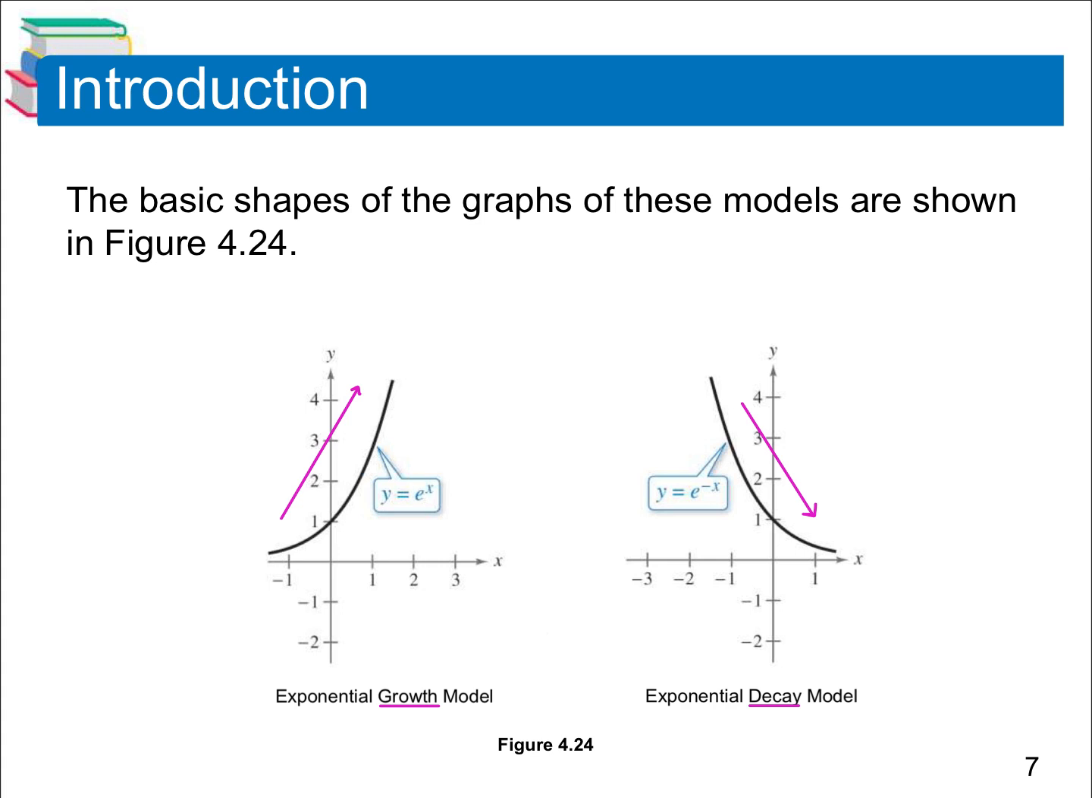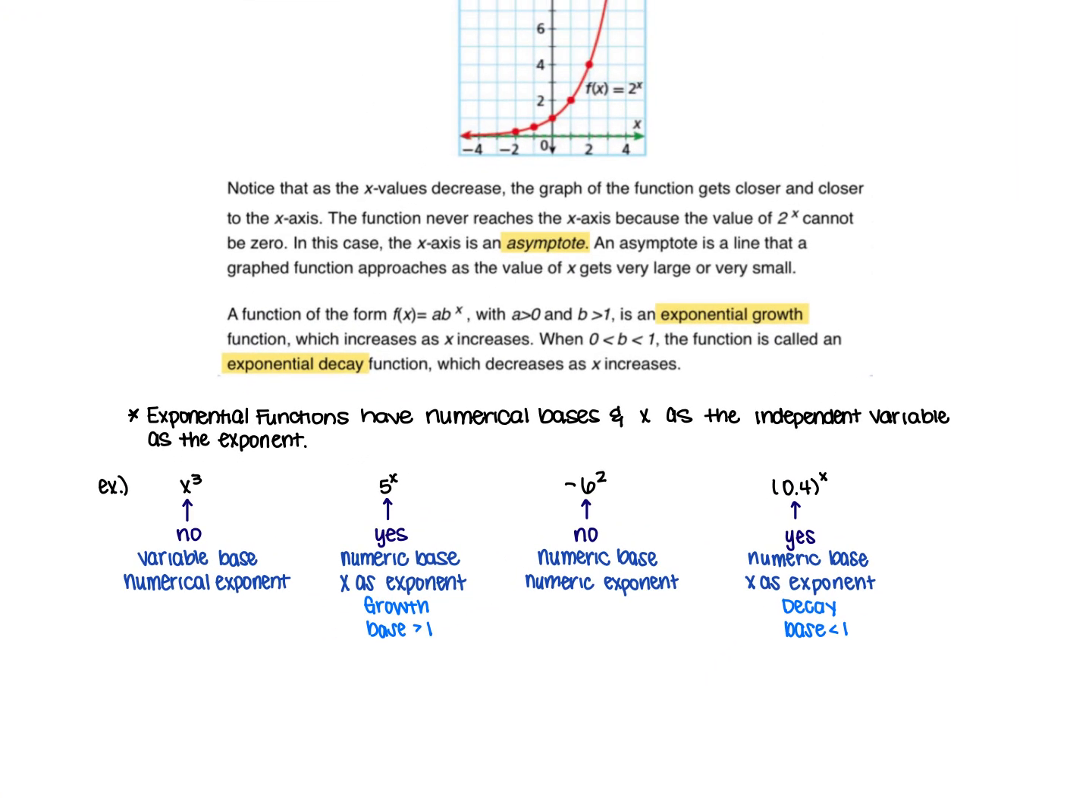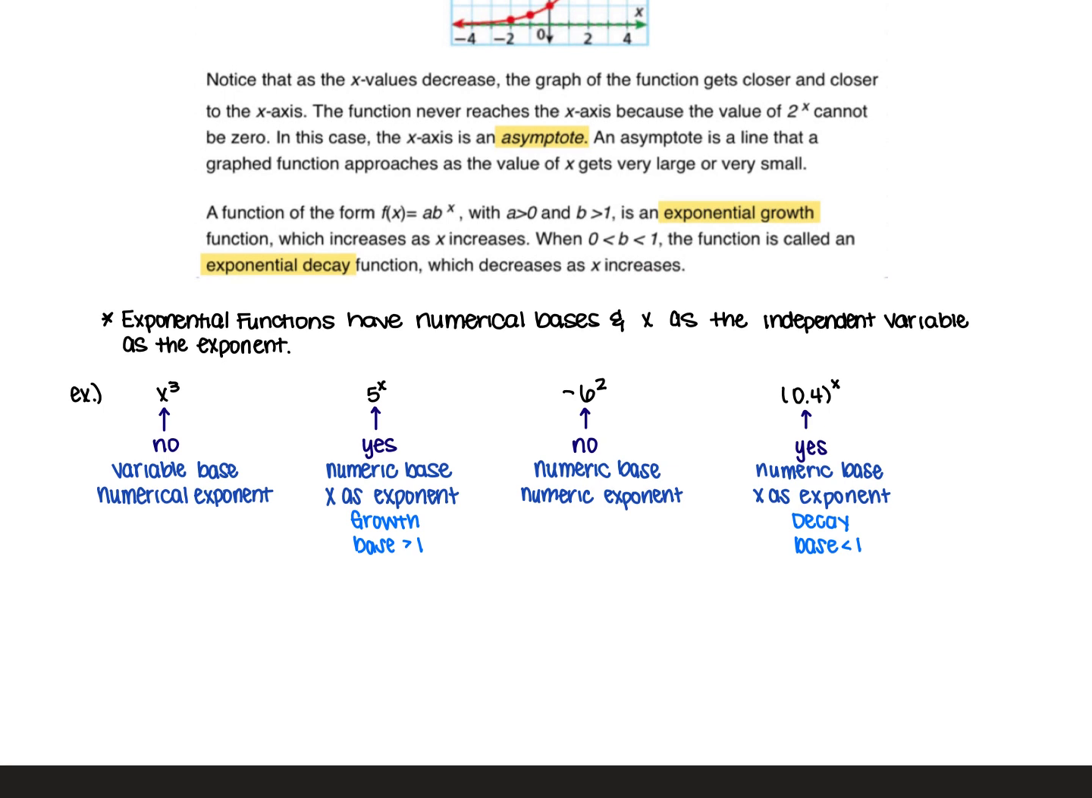So if we look at a couple graphs, on the one that you see here on the left, you have a growth because it goes up from left to right. The one on the right goes down from left to right, so that one gives you a decay. You can look at these graphs or these function rules, those formulas, and tell whether or not you have an exponential function. For this first example all the way to the left here, you have x